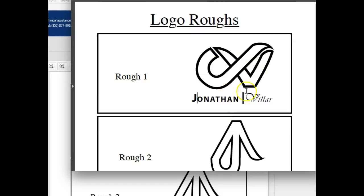I think this is your strongest approach. I really do. I don't think this is it, because there's some things with the J and the V that are still kind of weird relationships. First of all, I would get rid of the points. Anytime you have a sharp point in visual communications, that indicates pain or some other uncomfortable situation. So whenever you're working on branding, you want to stay away from any kind of sharp points. I love the flow of this. I think this almost figure eight type thing would be wonderful if you were able to work these relationships out, because right now you almost have a figure eight, and it just gets kind of caught up right here where it flattens out, and then of course those points. So I would work on that relationship,